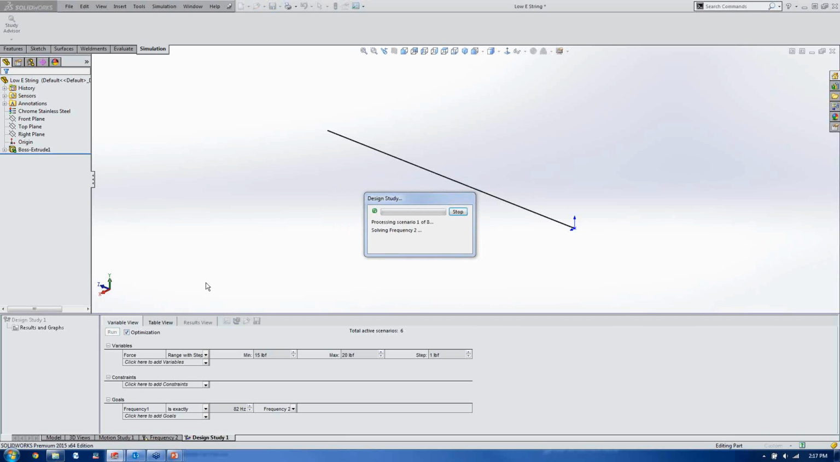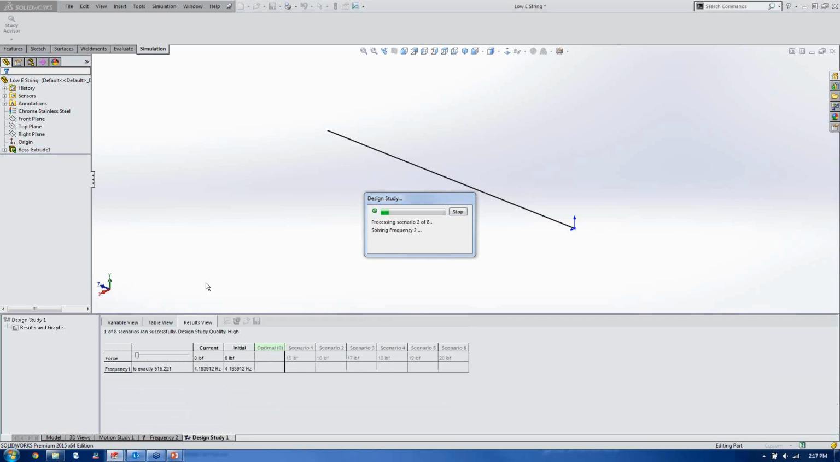So what it's going to do here is process each scenario one by one, and you can see it's going to start giving me a results view here, where it's varying that force, and it's going to spit out a frequency value accordingly. This will just take a minute to tick through here. It's running 8 different scenarios, it's saying here. Again, I told it just to increment by 1 for our start here,